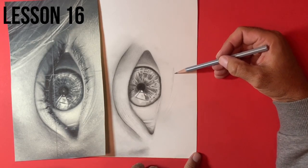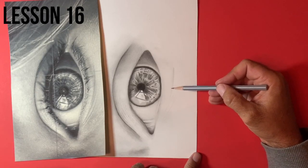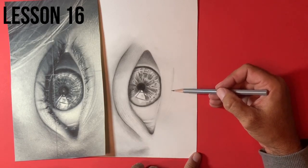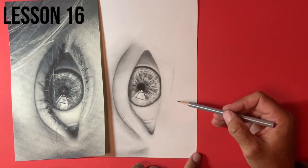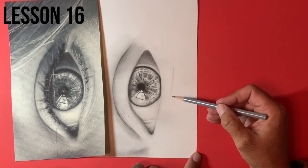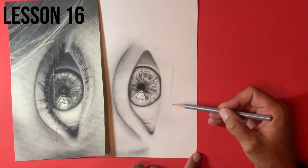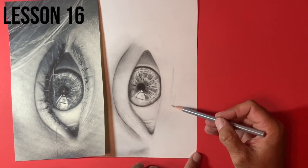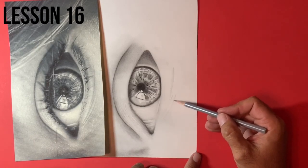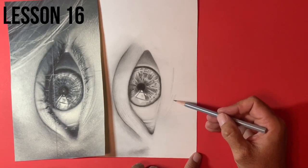So I'm just starting off with the 2H pencil in those areas, tapering my stroke, which means I'm hitting the paper and then taking the pencil off again. Obviously under the video that you're watching, or under the camera that I'm filming this on, it might look as though what I'm doing is I'm scribbling up and down, but I'm not. What I'm doing is I'm pulling towards myself, taking the pencil off of the paper, and then I'm pulling towards myself again. And this method of building up hundreds and hundreds of these strokes is what gives us that base